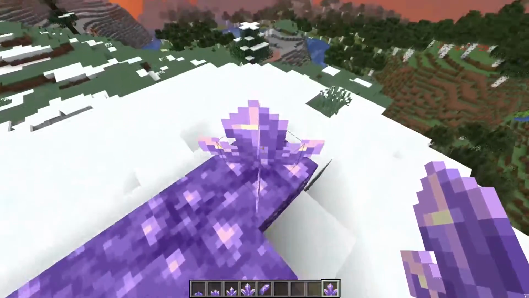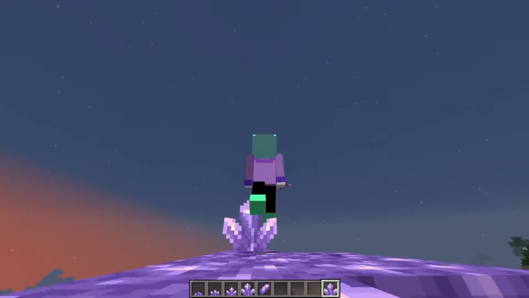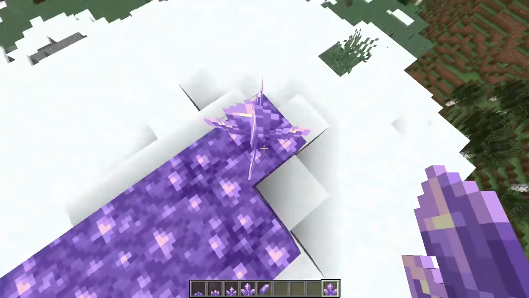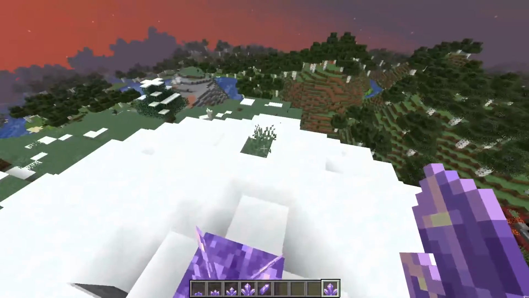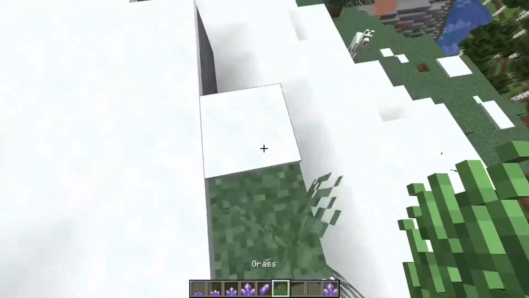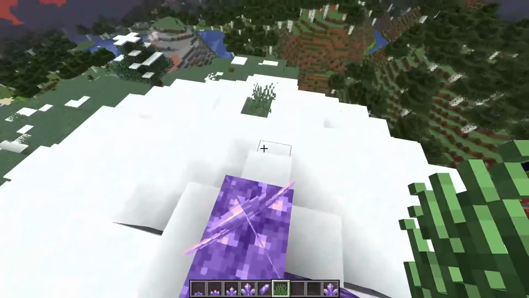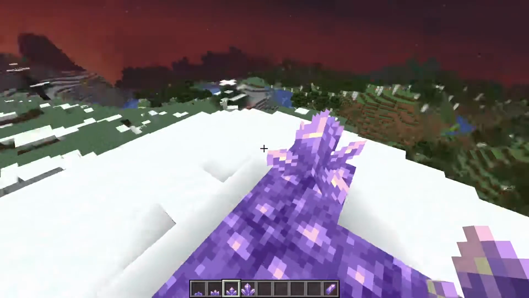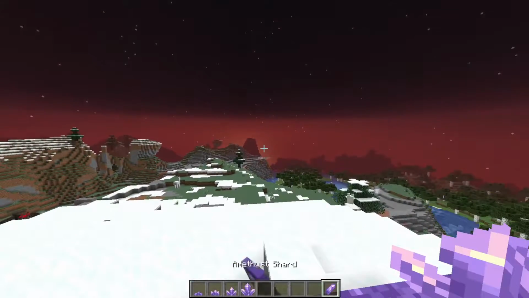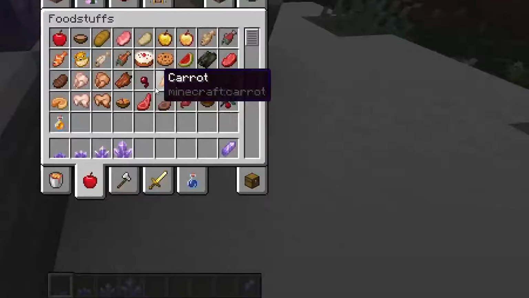Oh, and it kind of has a hitbox. Let's see that. Oh, so it's not like grass where you can just walk through it, but it has a hitbox, and you can do this. So right here is the amethyst shard, which is the ore. So let's look at, oh,